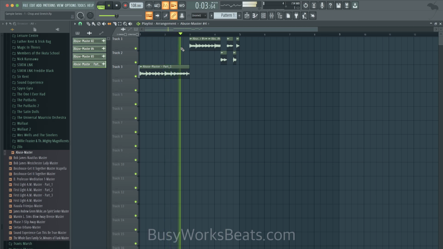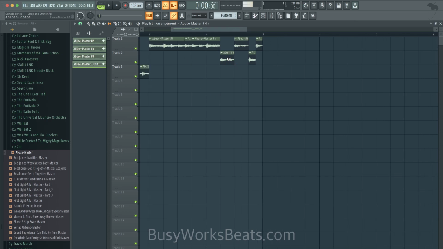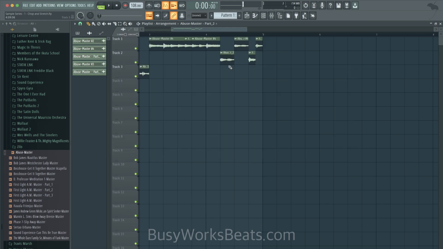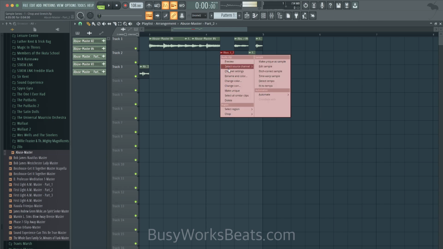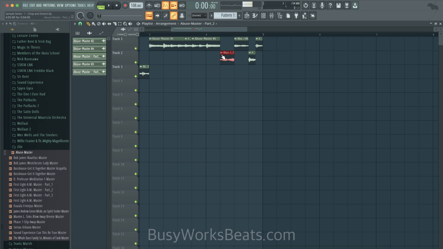So now we have that same chopped feel without doing a bunch of stuff in the plugin. And the cooler part about doing it this way is that you can visually see what's happening. You could reverse stuff. So if you wanted just to make that a reverse section, you could save it as a unique sample and click in the top left and hit reverse. You could do cool stuff like this, which you can't do in the auto slice stuff.